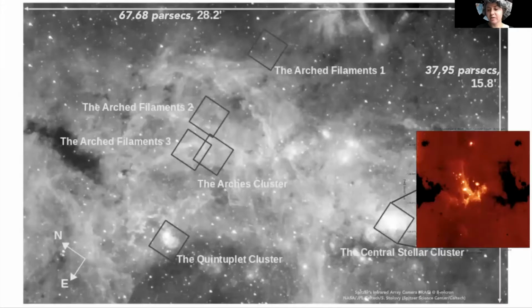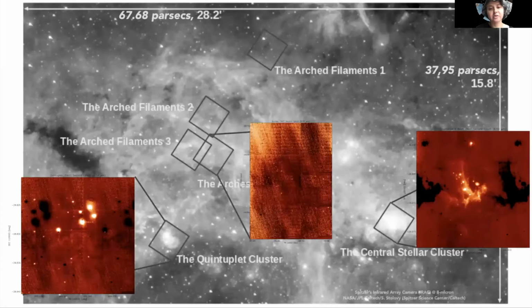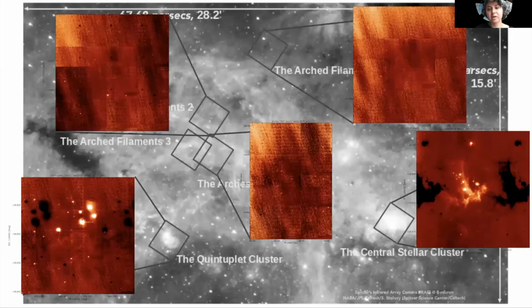So this is the one for the central stellar cluster, the quintuplet cluster, where you can see the 5 stars that give it its name, the arches cluster, and the regions in the arched filaments. Now, by concentrating only on the case of the nuclear star cluster and considering we have many observations, we with